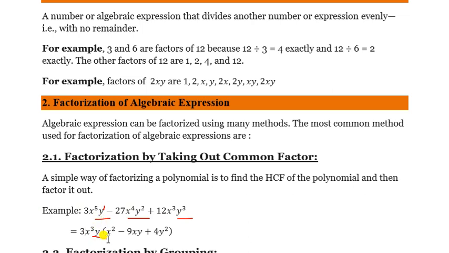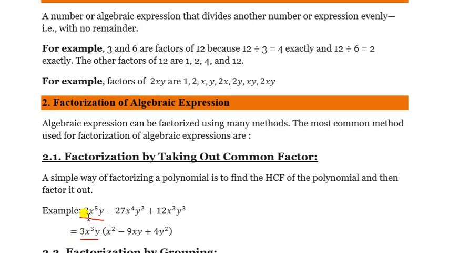Is it clear? So in this way we have to first take out the numerical number, then the least variable with the least index of that variable. Okay. Now we have already taken 3x cube y. Now the rest of all the variables we have to write in brackets, or any numerical number if it comes. So from these terms I have already taken 3x to the power 3 and y.